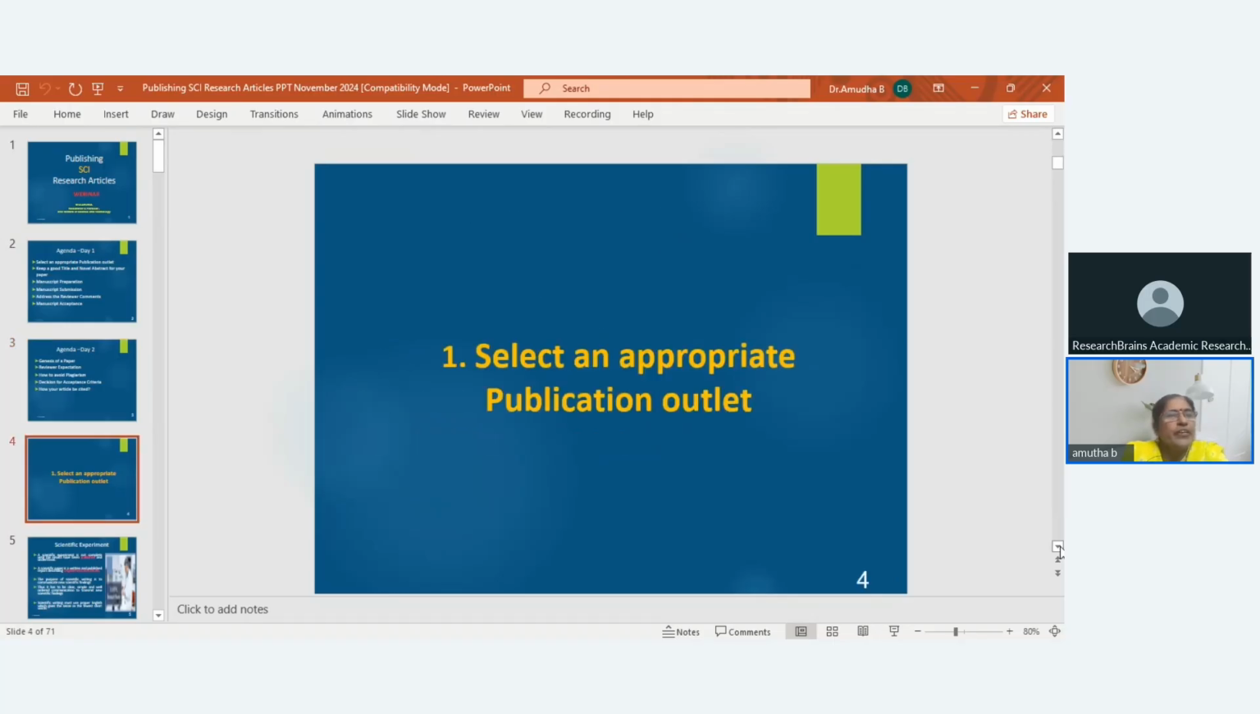The first point in day one is to select an appropriate publication outlet. So why do you go for a publication? You must be having something with which you are going for a publication. You are doing some experimentation, you are doing a project, you are doing a product, you are inventing something, you are innovating something. After innovating or inventing something, after productization,